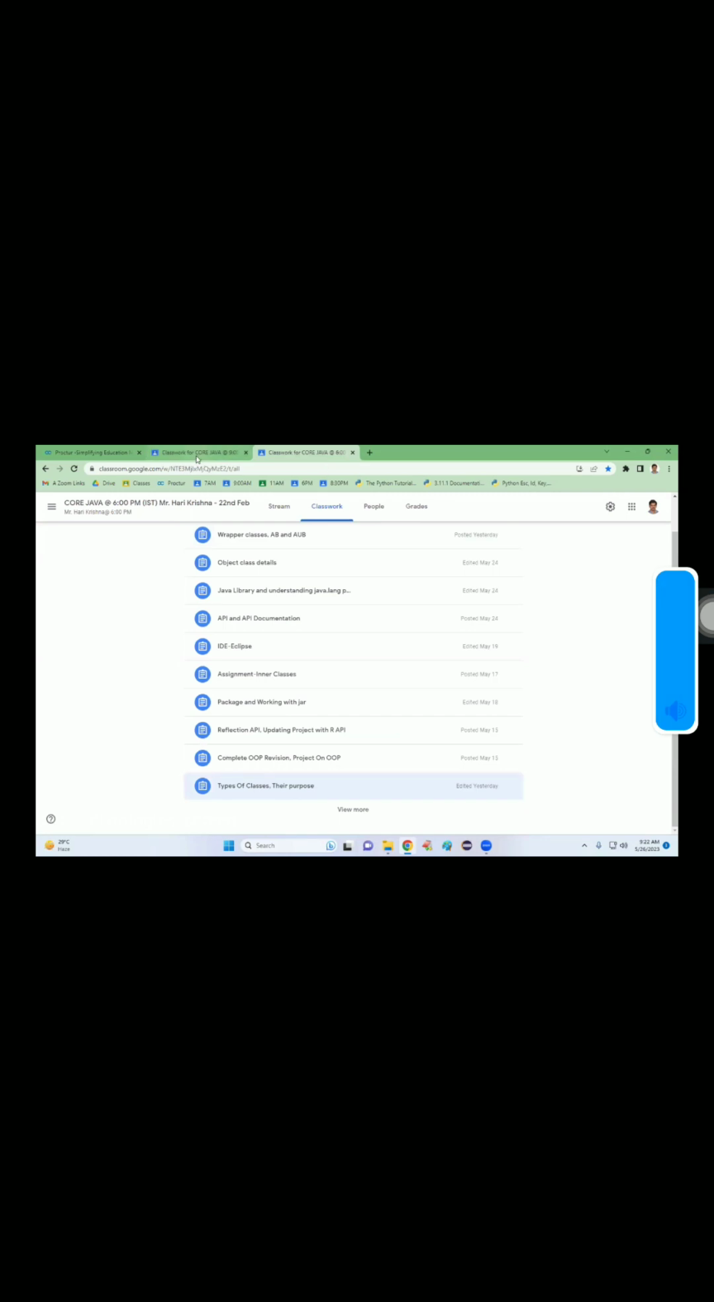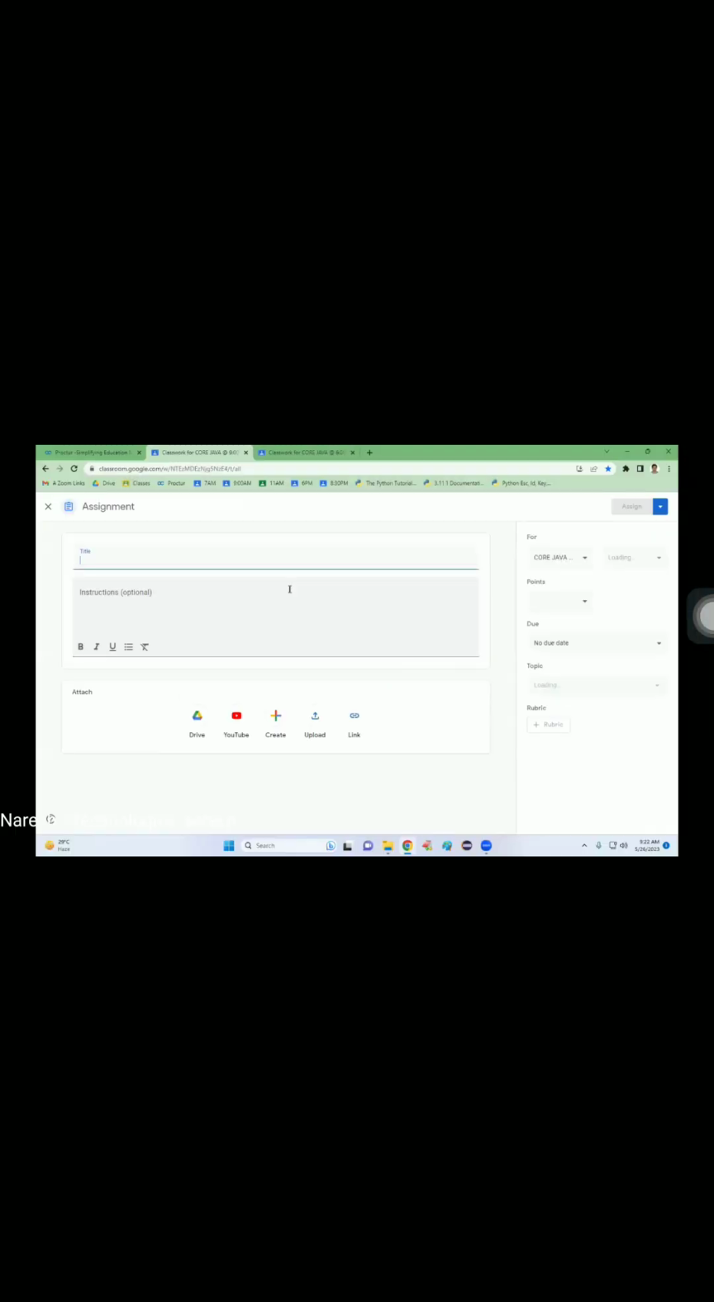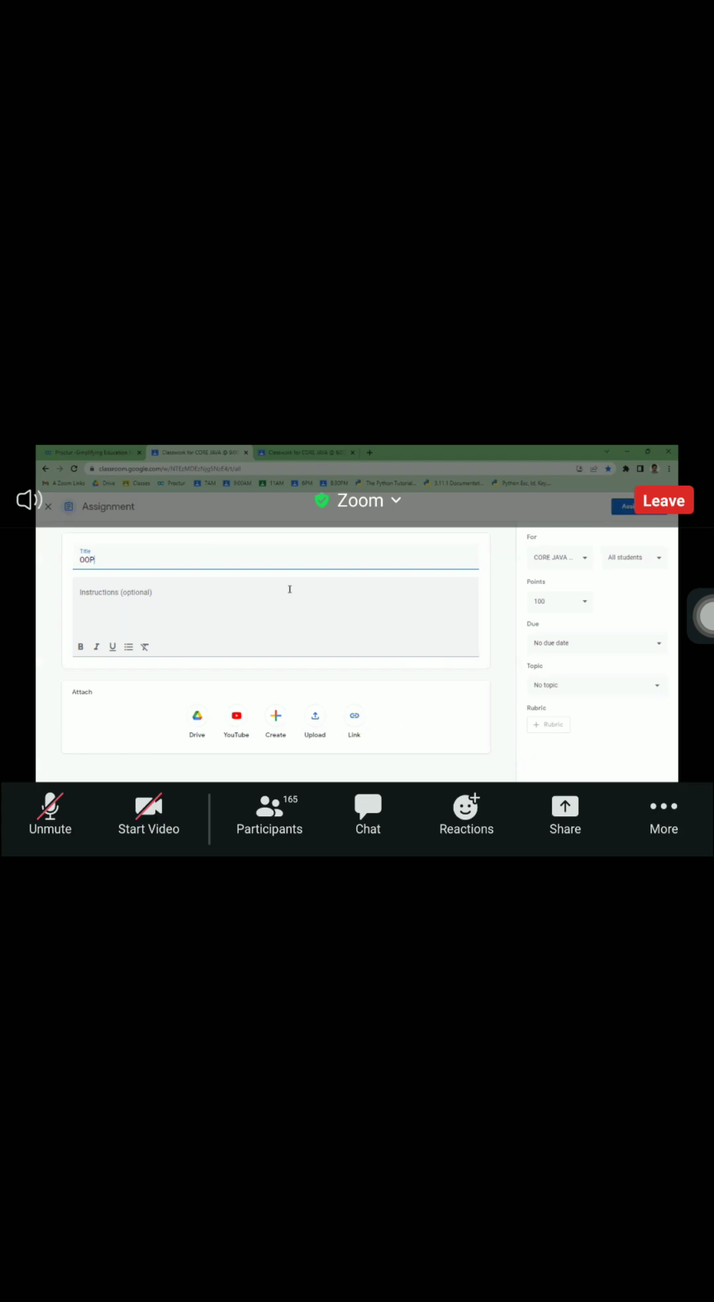Okay, now today let us try to understand. Yesterday I explained the final project on OOPS, object oriented programming elements, and